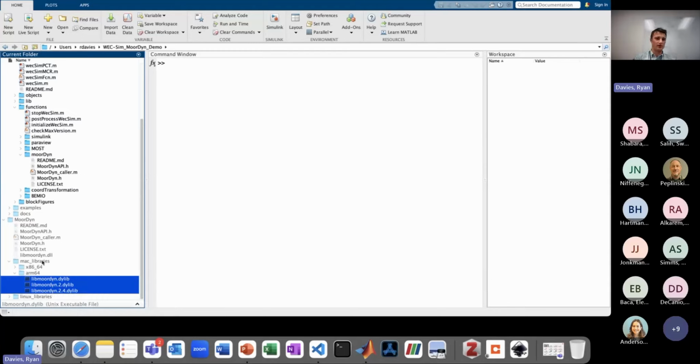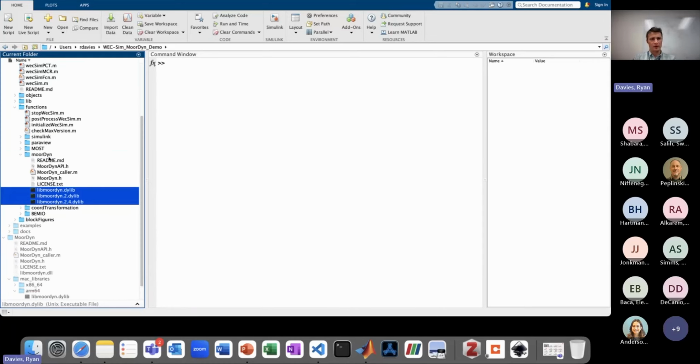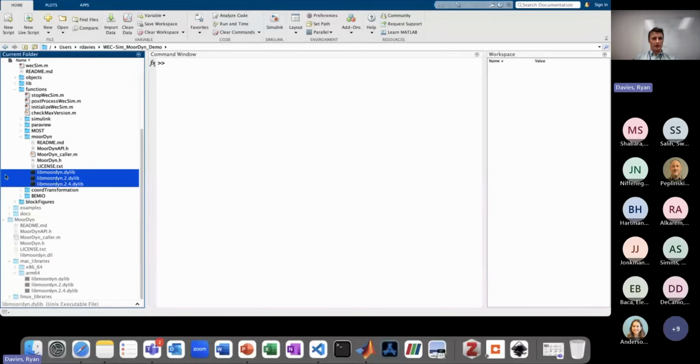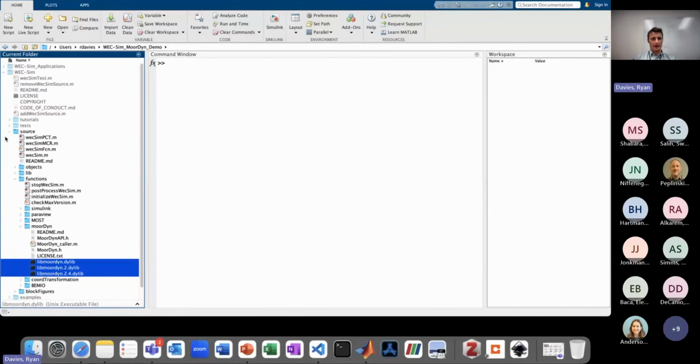If you're on a Windows machine, you use DLL. There's a bunch of Linux libraries there as well, and then the Mac Intel libraries as well for older computers. So I copy those libraries over as well. So once I have those copied over, I can close this MoorDyn directory, and now I just need to open